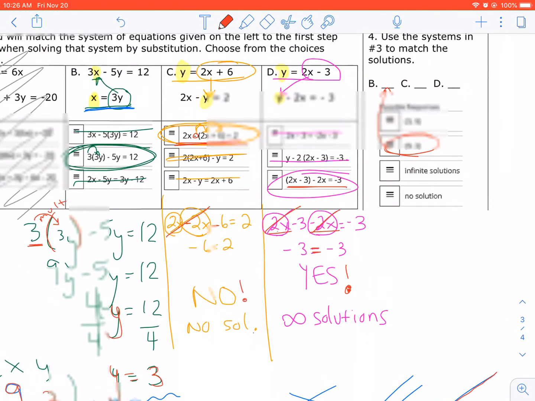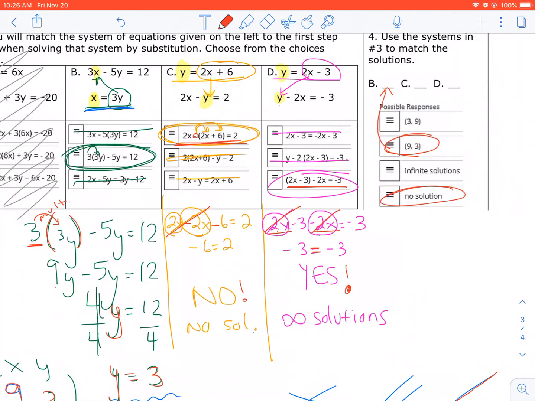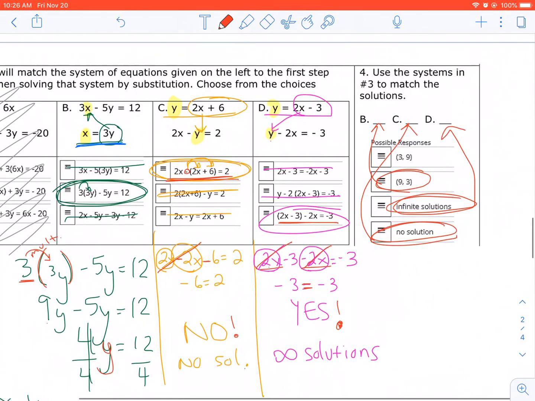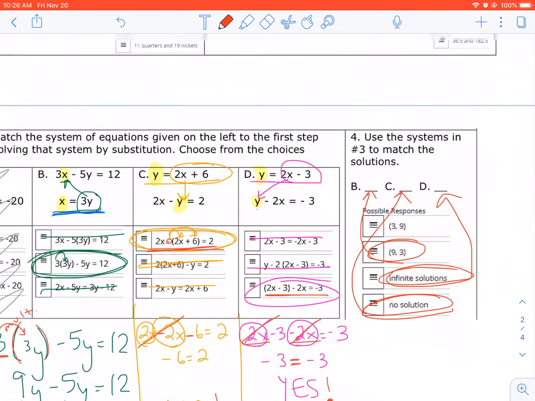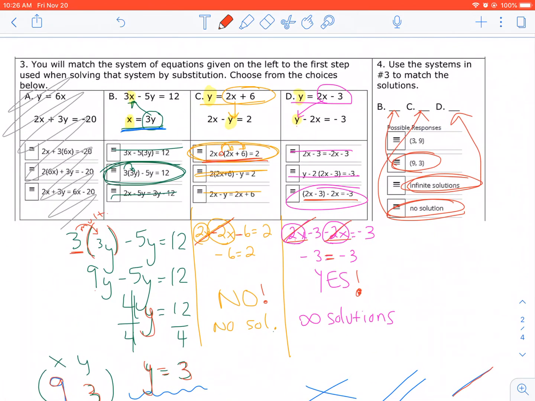And that, let me catch up to what we did. No solution was C, and infinite solutions was that last one that we just talked about, D. Please put those answers, drag and drop those answers in Schoology, and we will continue actually learning how to do